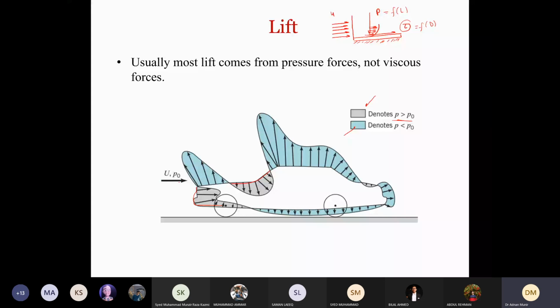Now this is because of the shape of the automobile. We have different pressure distribution on different parts of the car. If we take the resultant or integrate this pressure along the entire surface of the automobile, then we will have a net force or net pressure acting, for example, maybe in an upward direction like this pressure force.